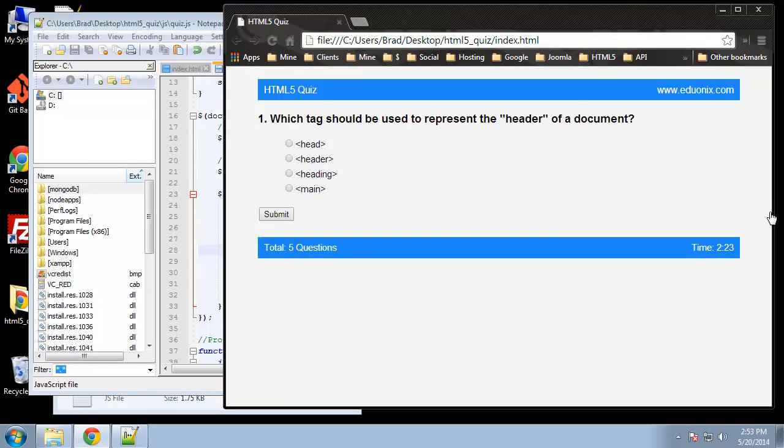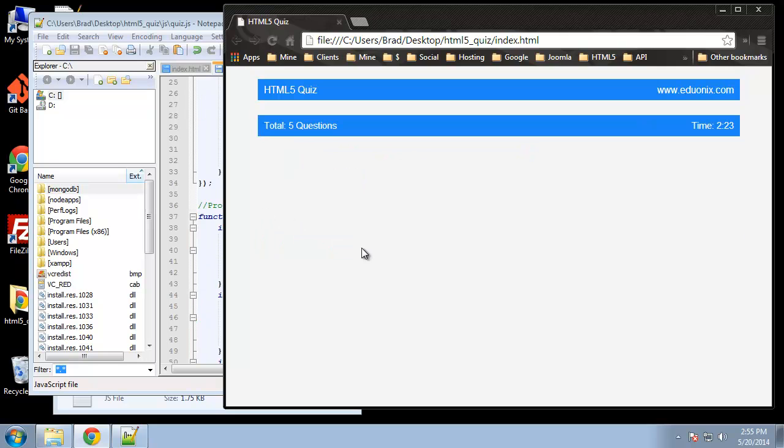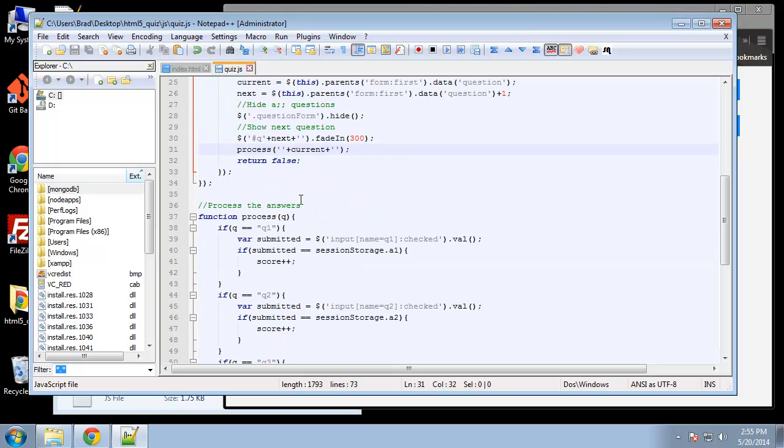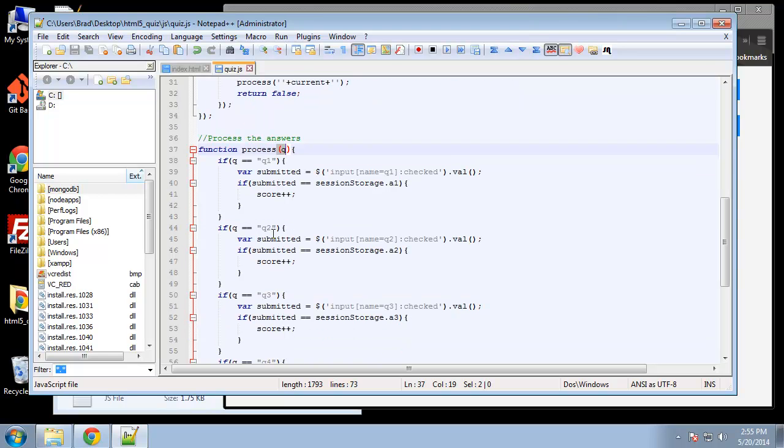Alright, good. Now we should be able to complete the quiz and pretty much do what we did before we optimized the code. So let's just try it out. We'll get one wrong on purpose. Alright, so it doesn't show us any results or anything because we need to fix our process function. Before, what we were doing, we're passing in this variable which was either Q1, Q2, up to Q5,